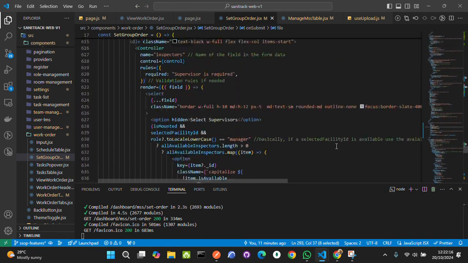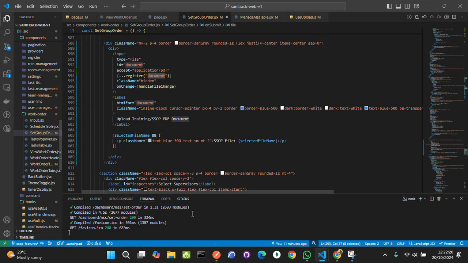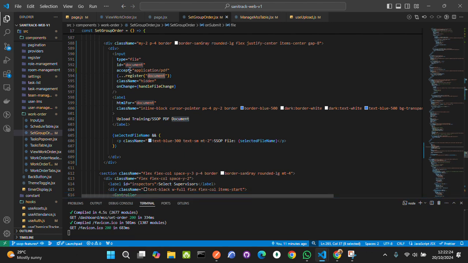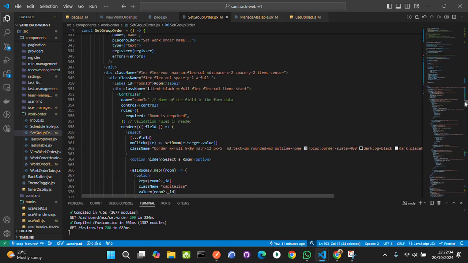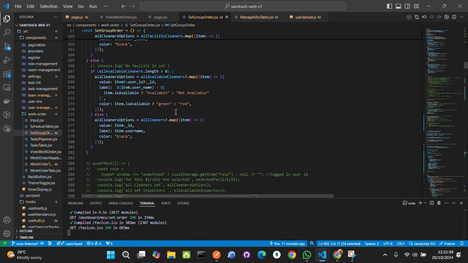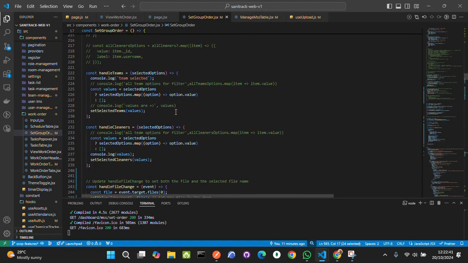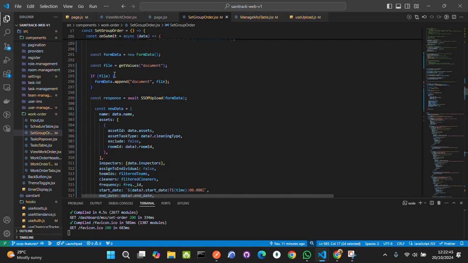So this is the field in which I get to select the document. The ID documents is named documents. With this, I'm only able to select a PDF file, to make it more user friendly. Whatever document I select is being stored and accessed over here,